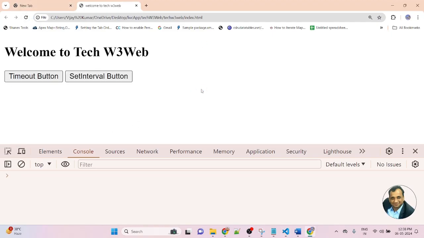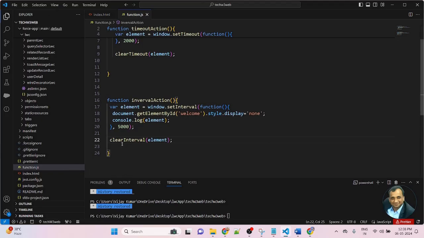Now this functionality does not execute because here I am using clearInterval. That means clearInterval will stop the execution of the setInterval functionality. So it will not execute again and again.